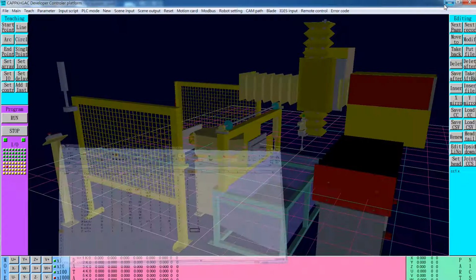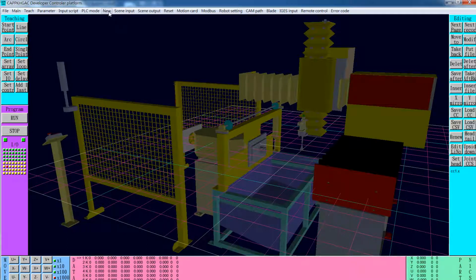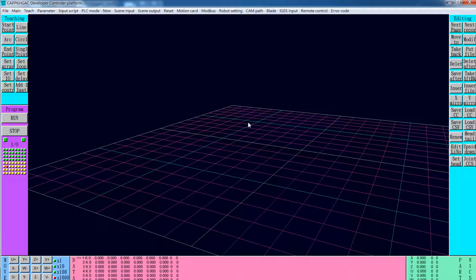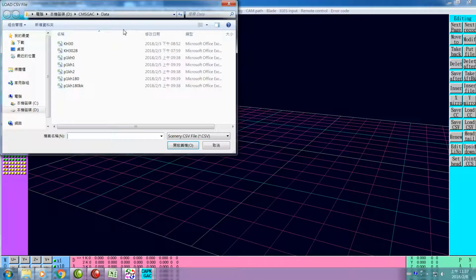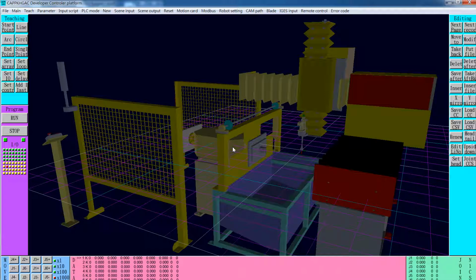Okay, let's go back to the system. New, to delete all the contents of the memory. Then sing input to get a file. We just sing in the file named cache 30. After the CSV file is imported by means of sing input, the first step is to check if the CSV file is correct or not. Before we do anything next, script input or action teaching,